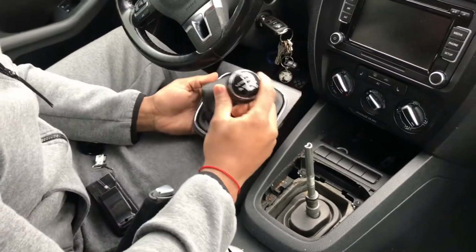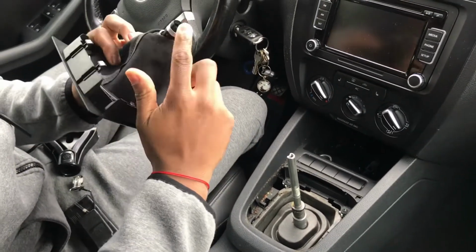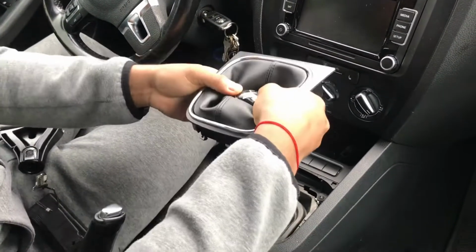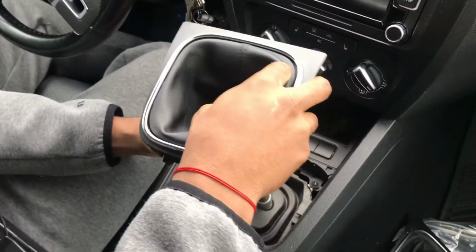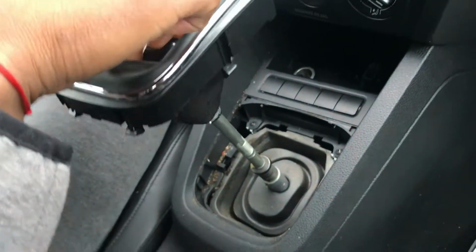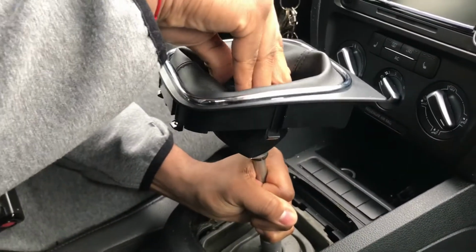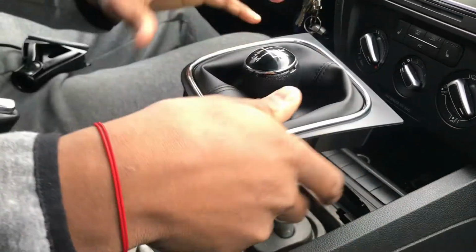Okay, so now that you have the shifter, you want to push it in all the way. And make sure that this is exposed with the ring. Make sure it's lined up so you know the direction your shifter wants to go in. So you pop this on. Hold the shifter, pop it down all the way. And then once it's snug,